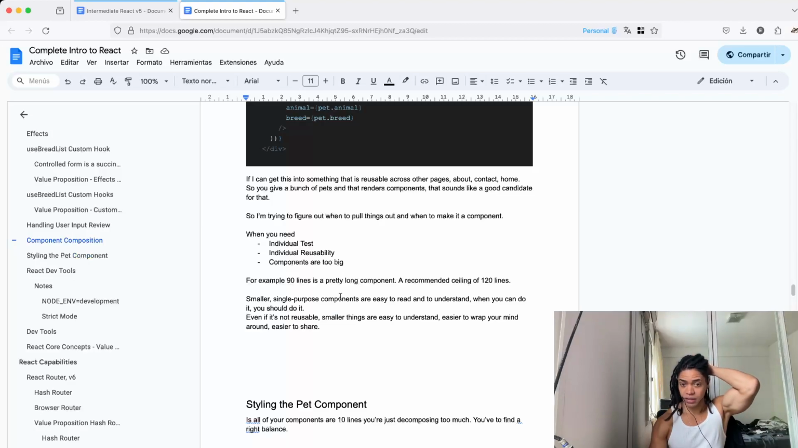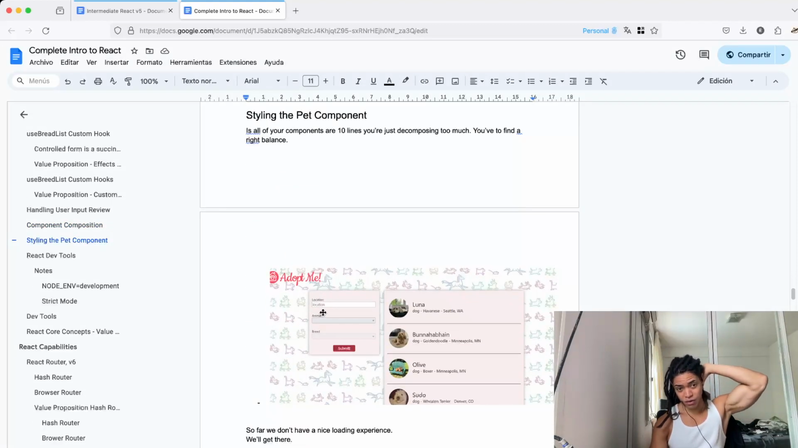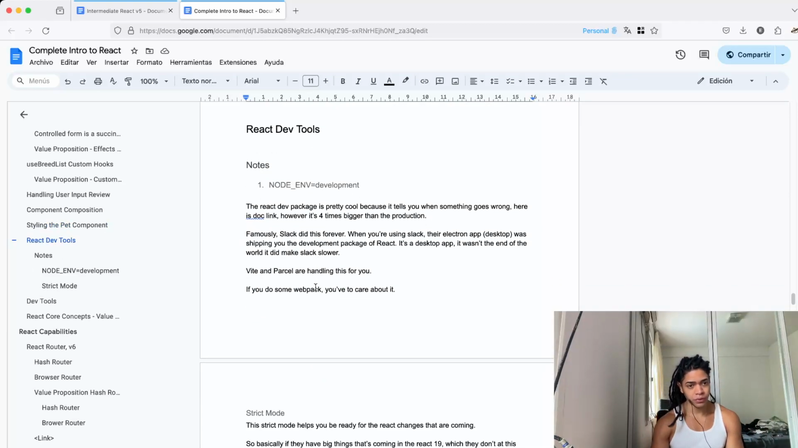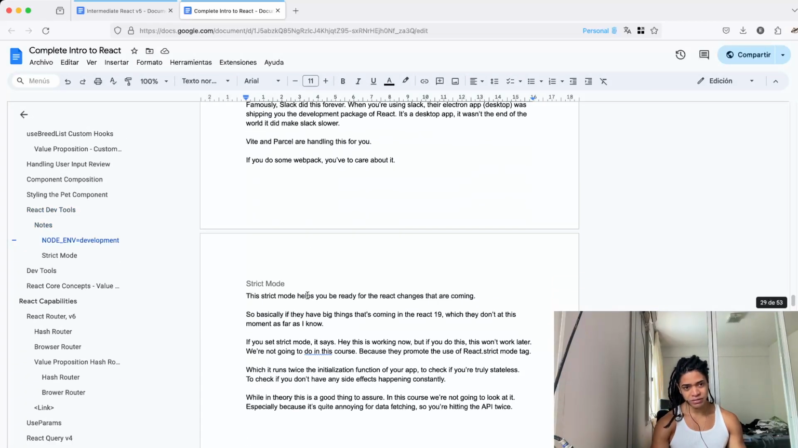So far, then we look at how we can style our components. Okay, so far so good. And also the React Dev Tools. How can we make use of that? And some notes about that. For example, add the node environment as a way to build your applications environment driven. Okay,